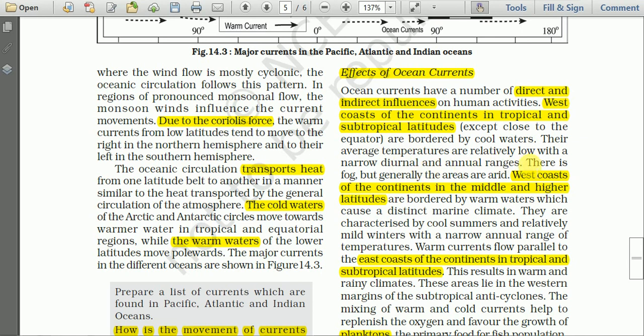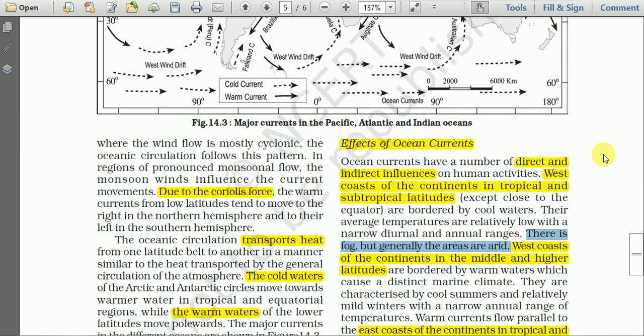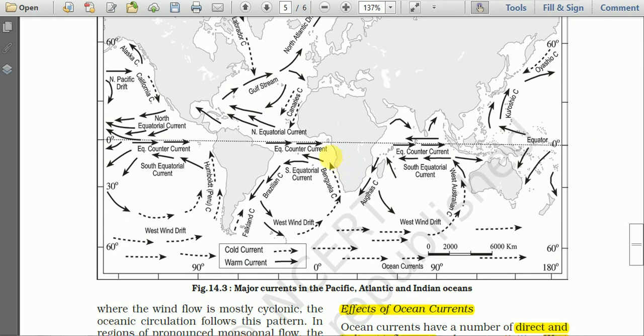And there is fog, but generally the areas are arid. Because of these cold currents, we find fog along the west coast of the continents. But generally we find desertic conditions in these areas,